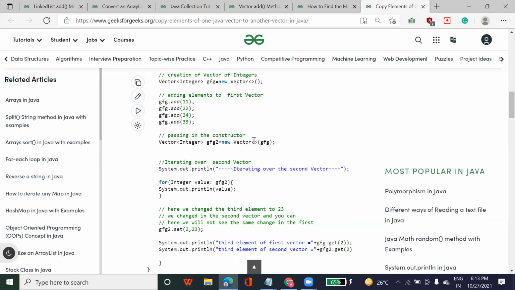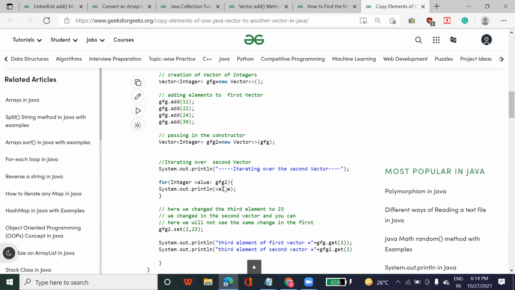Now I told you that the new way of creating a for loop is: Integer, temporary variable, colon, gfg2, which means how many times you want to run it. Here it is wrong. I think gfg should come here, not gfg2, because gfg2 is empty.